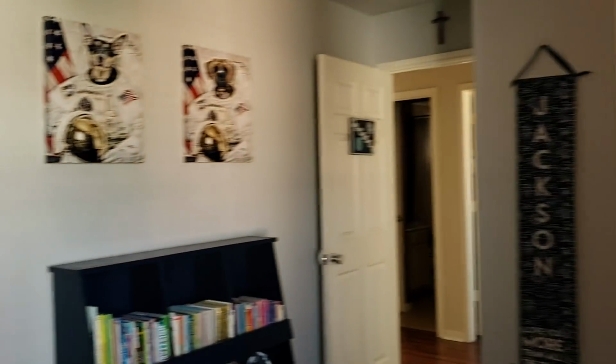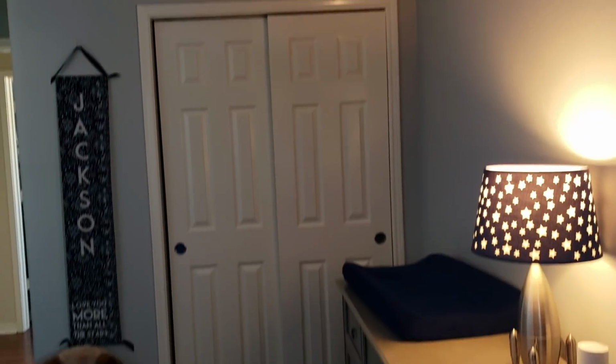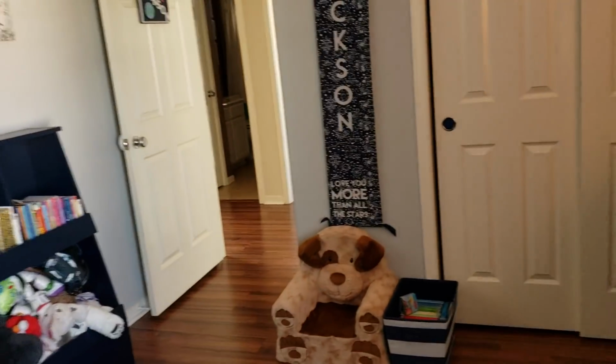Okay. Jackson's room. Literally nothing's going to change except the floors eventually. So this is his room. Pretty much the same as it's always been. Used to be a guest room. And then